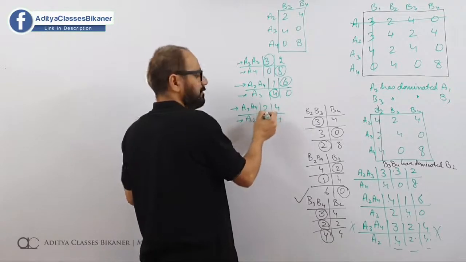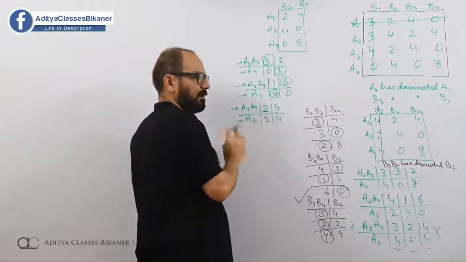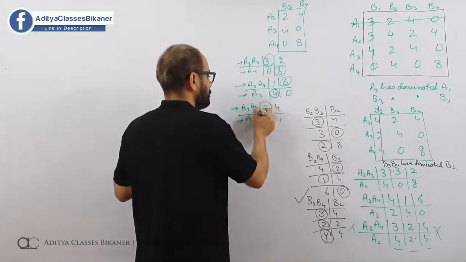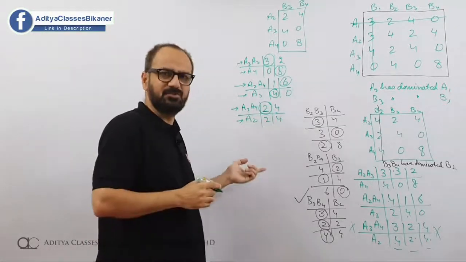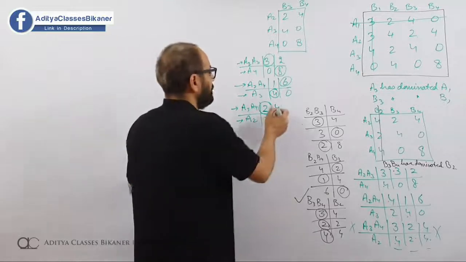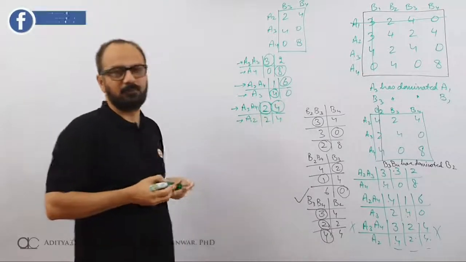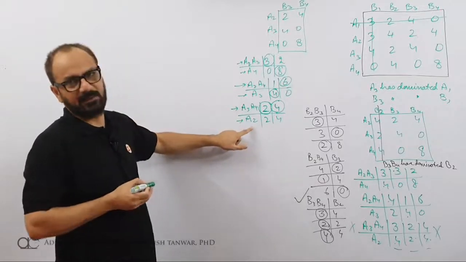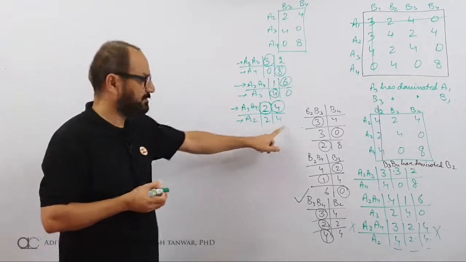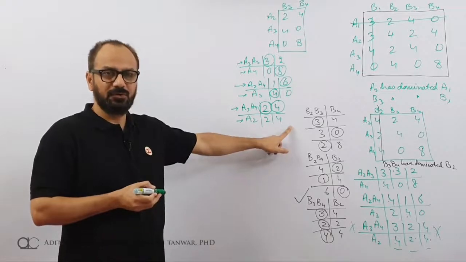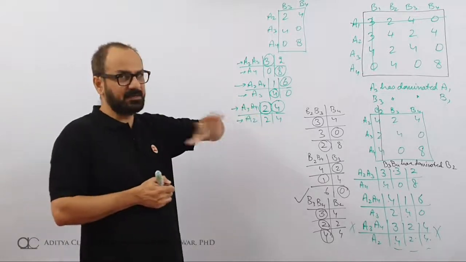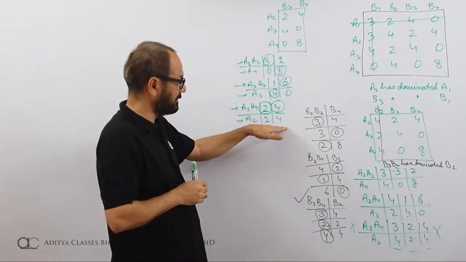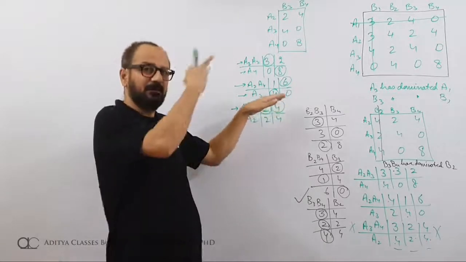2 and 2, I'm not sure where should I go. 4 and 4, I'm not sure where should I go. Now, if I take this 2, because from these two I can take either one. If I take this 4, what has happened? An average has dominated a single player. You could have picked this 2 and 4 also. That would also have been visibly a dominance, but practically it would not have been a dominance. So what I did was, instead of selecting these 2 and 4, I went with the previous 2 and 4,